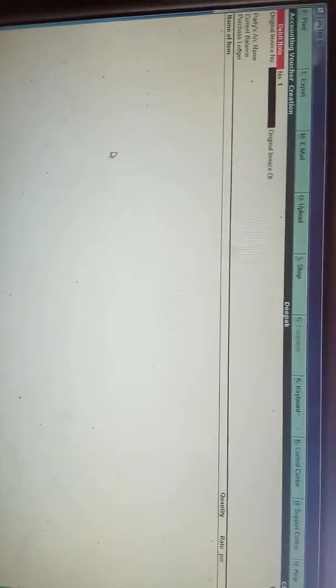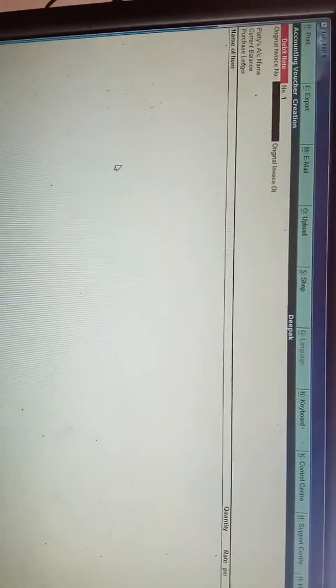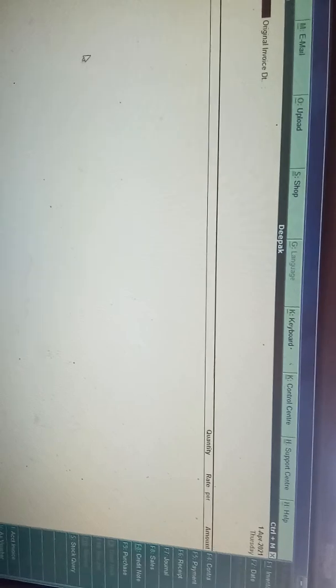This is a very important question: debit note and credit note. How are you going to activate it? See, my dear students, I am saying the steps once again. Debit note and credit note are very important documents in Tally ERP9. These two notes are issued at the time of purchase returns and sales returns. These two notes will state how much quantity is returned or how much quantity is being received back.